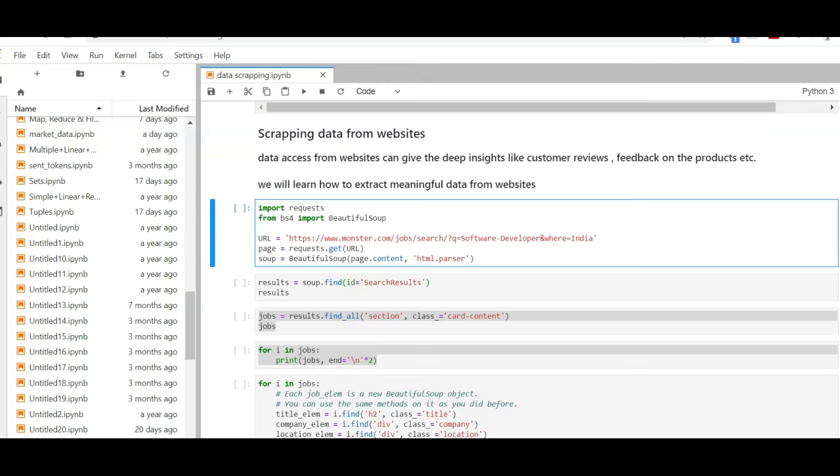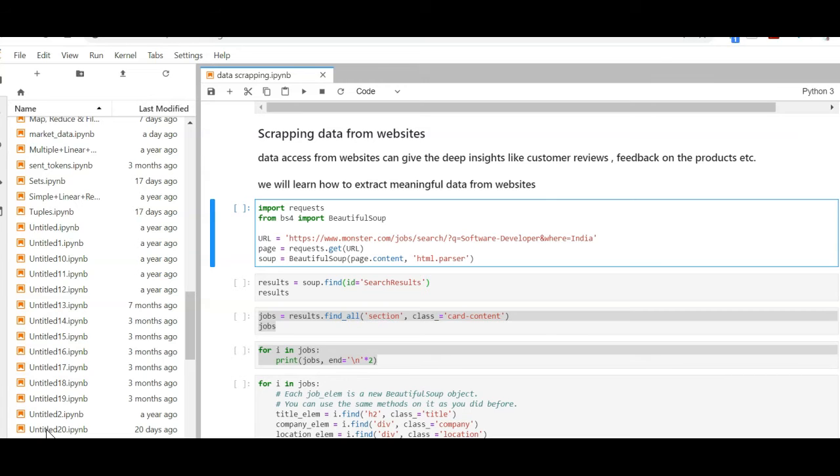If you want to find the reviews of a customer for any product or application, whether negative or positive, how are you going to do it? The way to do it is to extract the customer review data into your programming console, and from that you have to apply some logic to find out whether the reviews are positive or negative. That is where the art of scraping data comes into the picture.